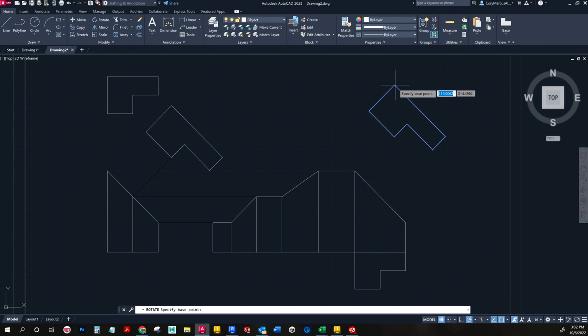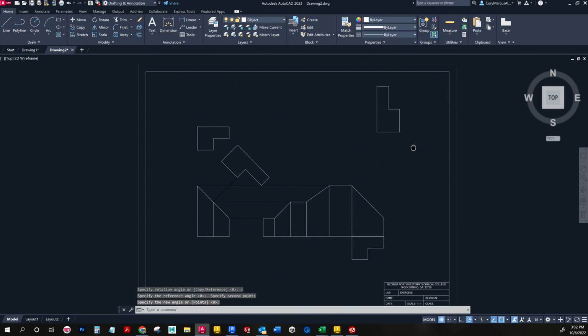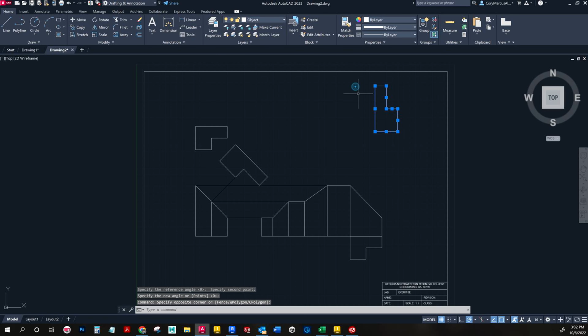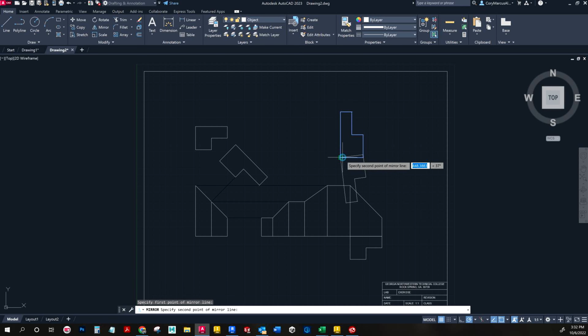You could do a rotate and do a reference, choose here to here, and then I could make it vertical. And that would work. The problem is even then you still have to mirror it, for it to go up here. But I think what I'm actually going to do is move it over, do a mirror, and delete the original,